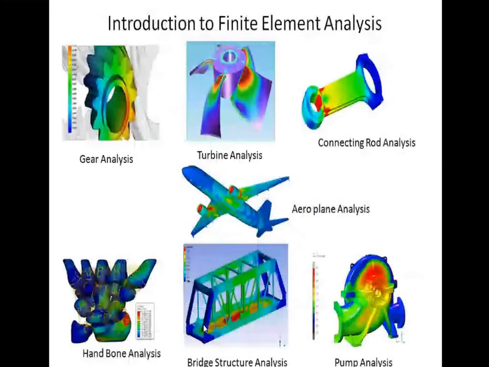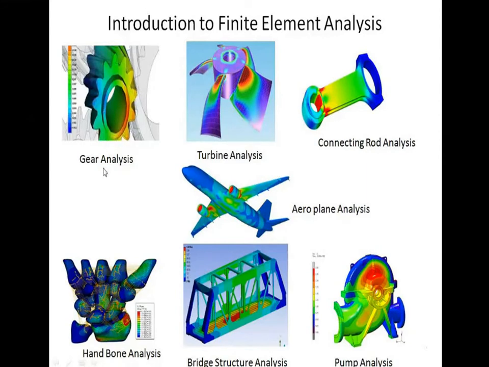So these are the real world applications of finite element analysis. We talked earlier that this color contour has been developed since 1990. So it can be used for a variety of industrial or social applications. First is gear analysis. We know the gearbox combination. There are different kinds of gears. When gears are transmitting power or torque, they undergo wear and there are chances of failure as well. So this particular analysis can be done in finite element analysis.